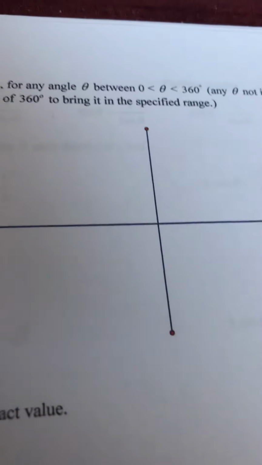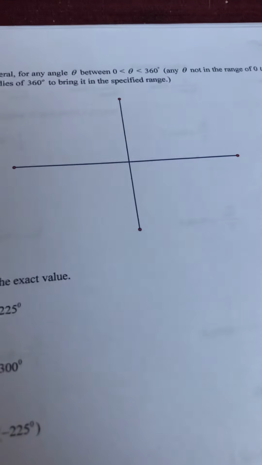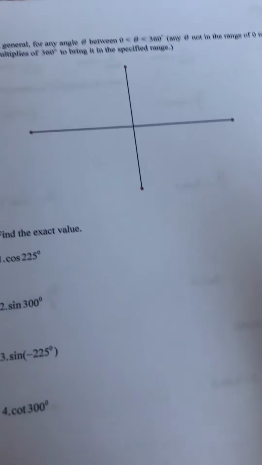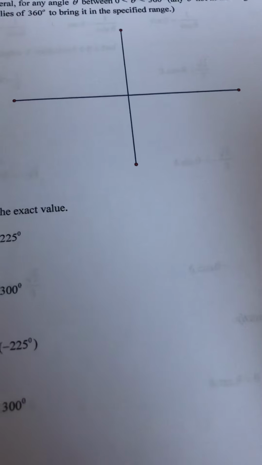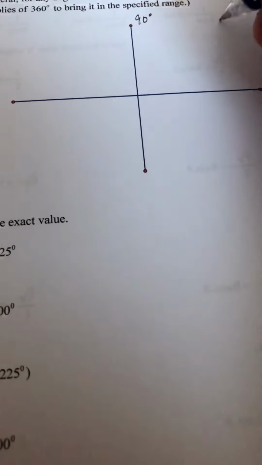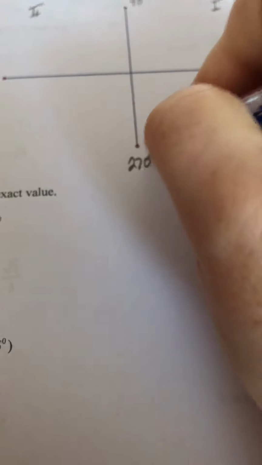So now what this is really all about is evaluating trig functions for all kinds of angles in all different quadrants, and hopefully the majority of them will be using special angles. So, little review. If we look back and we think about, remember we're going from 0 to 90 in quadrant 1, 90 to 180 in quadrant 2, 180 to 270 in quadrant 3, and 270 to 360